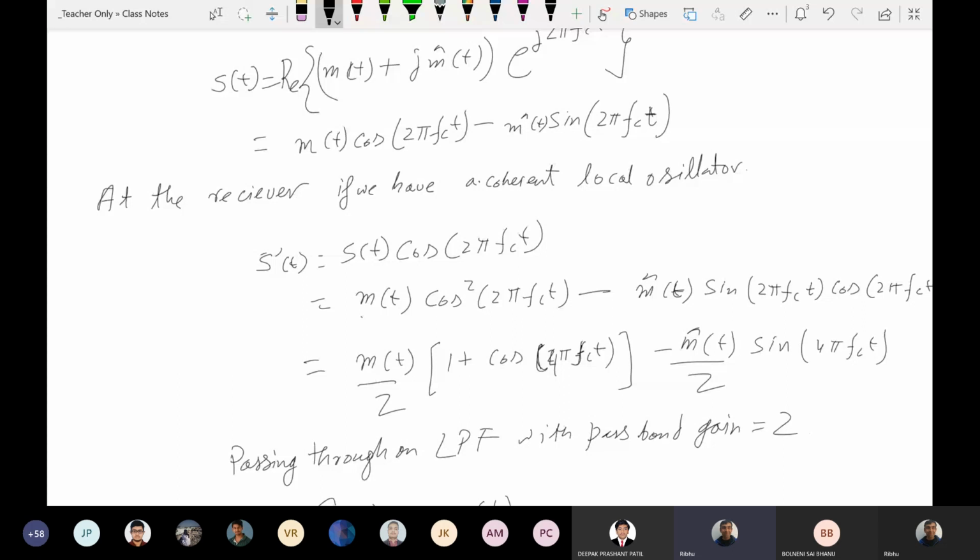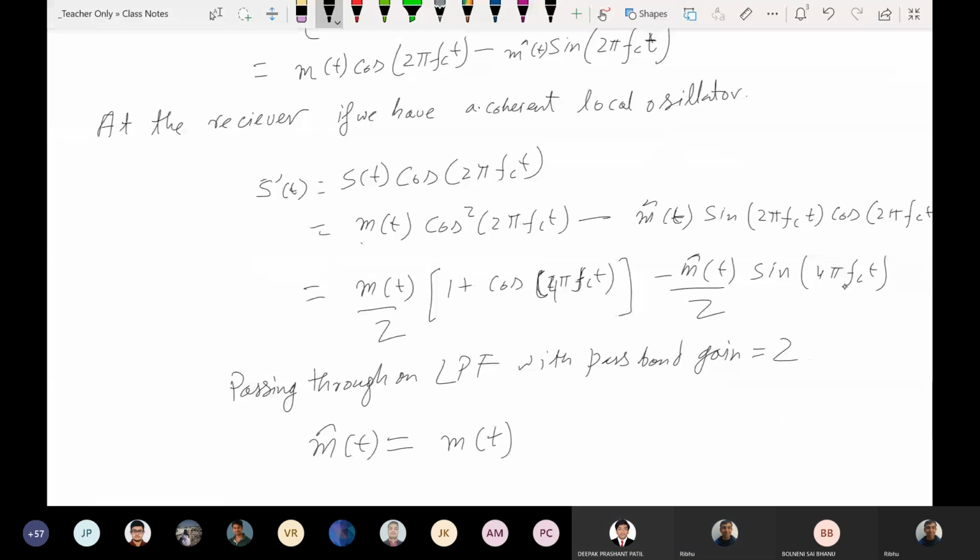So here I am simply substituting the value of s(t). Now I write it like this. And after that, if I, oh sorry, m hat, sorry about that. That hat, the Hilbert transform notation, is causing confusion. So passing this through a low pass filter, let's say I define the low pass